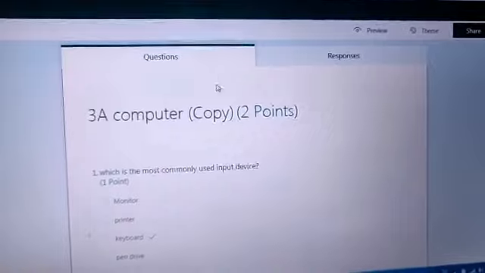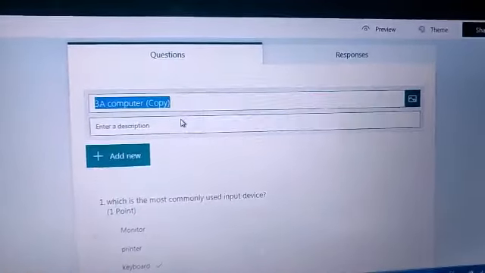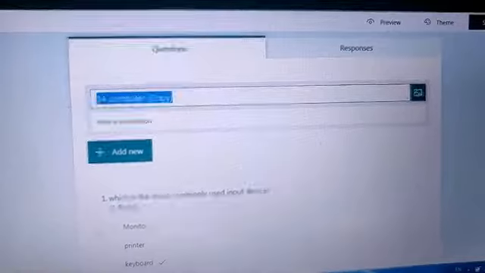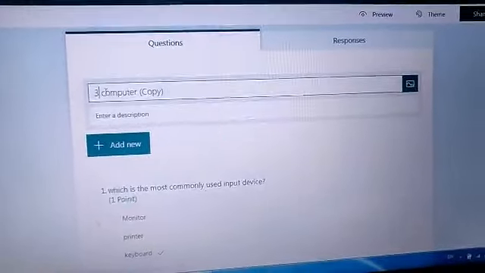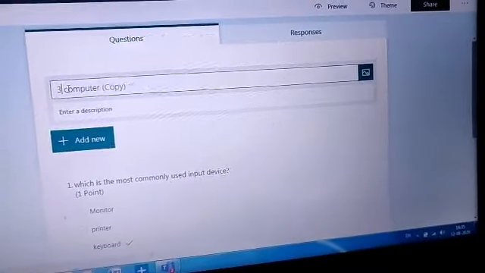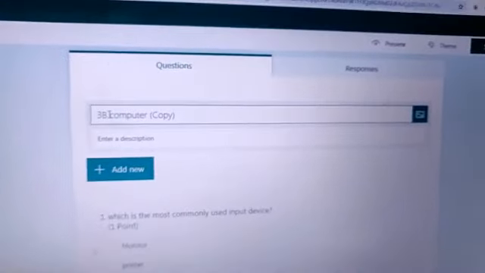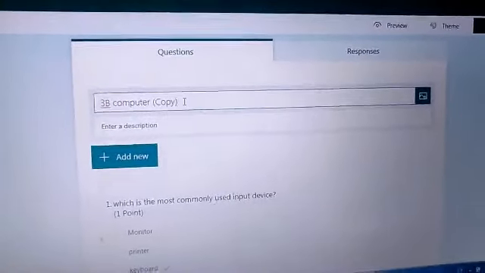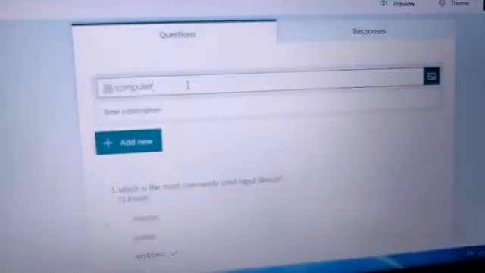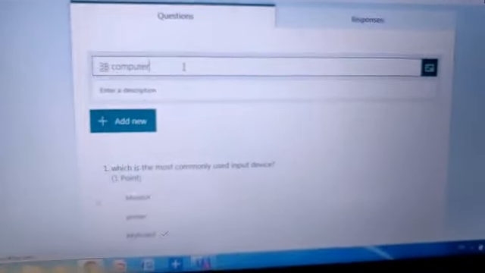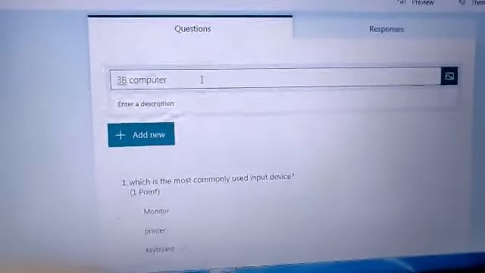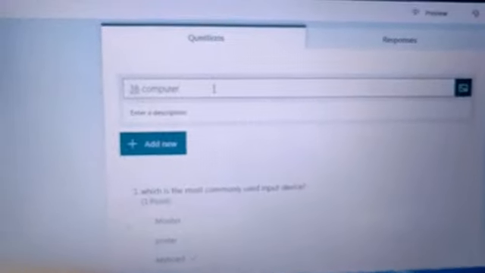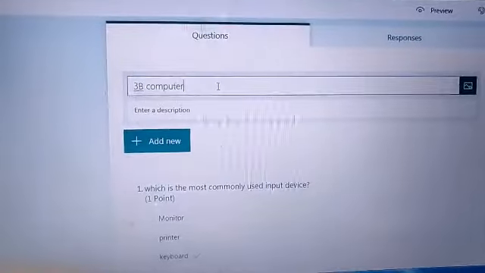When you click duplicate, it is going to show you again. Now I can make the changes here. For example, I am the class teacher of 3B. So what I am going to do, I'll just remove this A and write here B. And I'll remove this word copy also. Or the subject teachers also can do the same. Whether they have to post in A or B or C, accordingly they are going to change the sections. They have to remove the copy word.